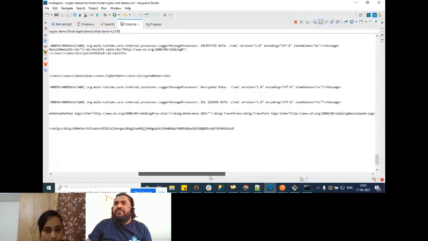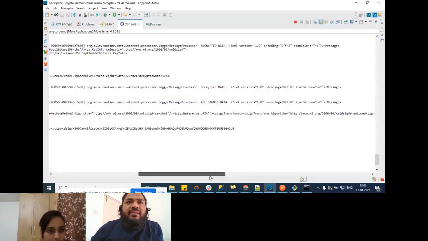Okay, so this is the encrypted data. See, it is encrypting only the M1 tag. M2 is not encrypted since we are not passing it in the element path.